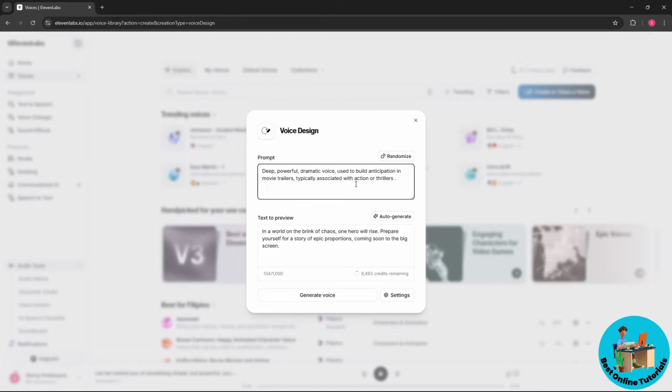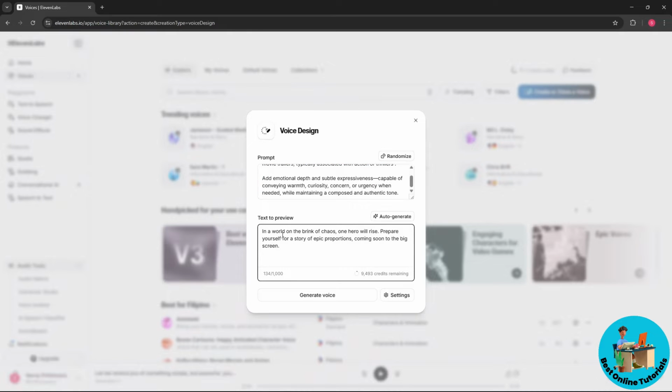And also, guys, make sure to be more specific, because the more specific you are, the better the result. So I added a prompt: add emotional depth and subtle expressiveness capable of conveying warmth, curiosity, concern, or urgency when needed, while maintaining a composed and authentic tone. So guys, this prompt is very good. So just simply copy this one if you prefer, and you could have a text to preview over here